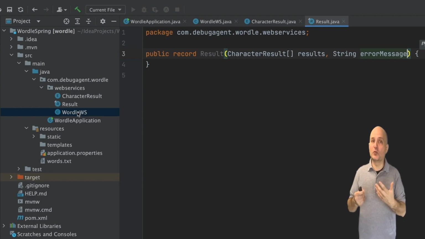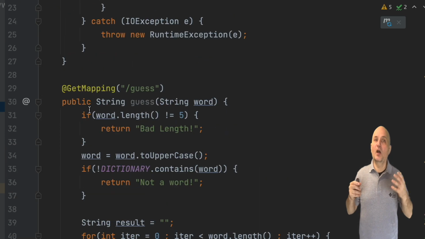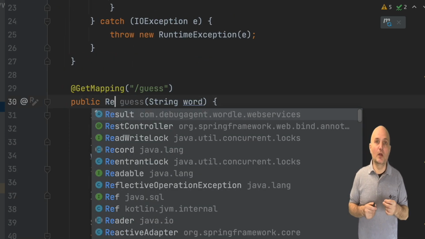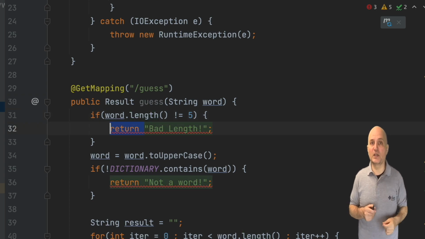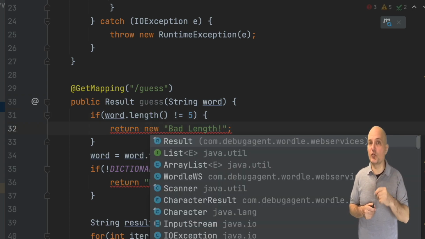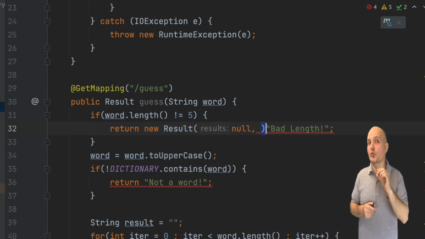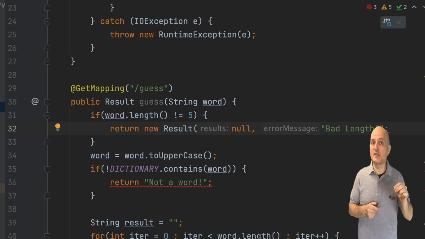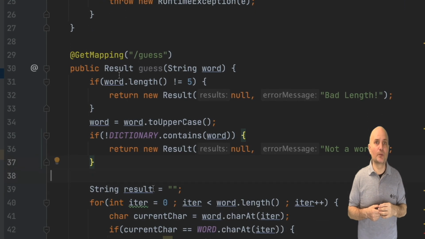Now let's go back to the method and fix the code to use this new class. I first update the return value. This instantly marks all the problems in the code that I need to fix. All the strings I returned should now return the result object. This is easy. We can return null for the array since there is no valid return and just return the error message string like before. We'll soon see how this maps into JSON return value.